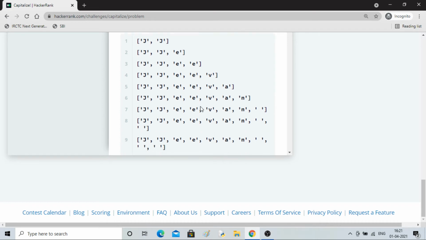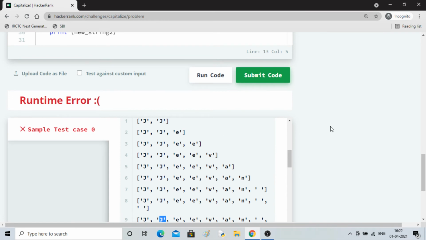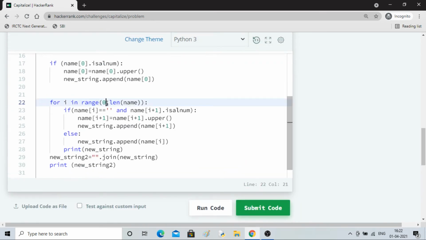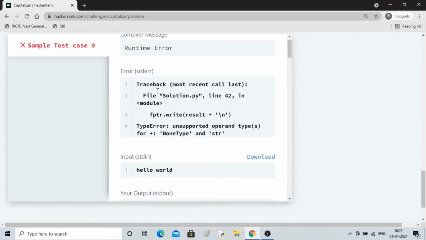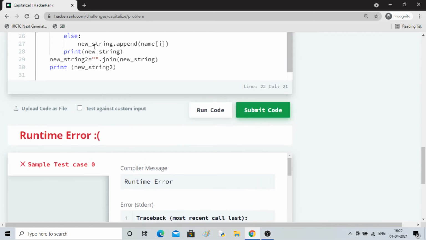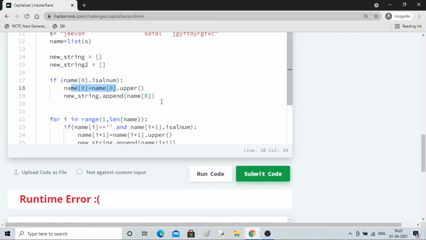JJEE1, then spaces, it is taking into account, you can see. So on the first position it should not work, right? Two times J is coming, meaning the first position is working. Because two times J is being added. The second one is coming from this for loop, and the first one is coming from these guys.